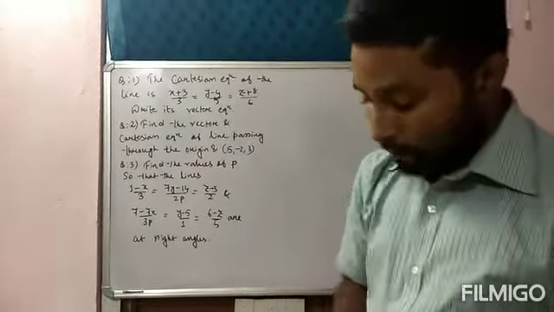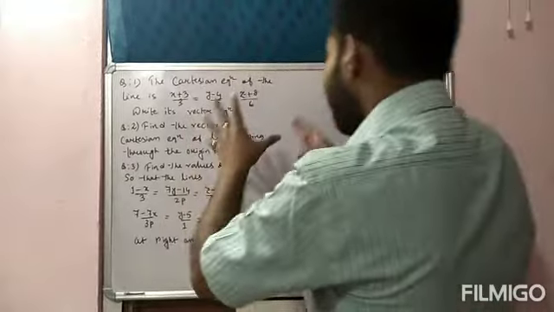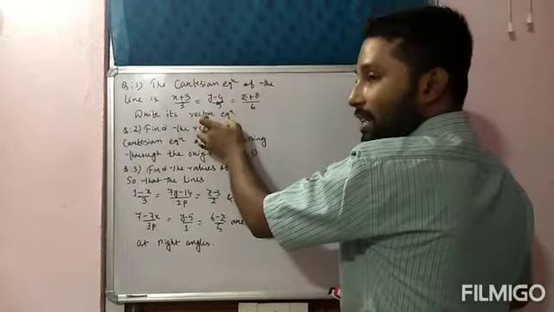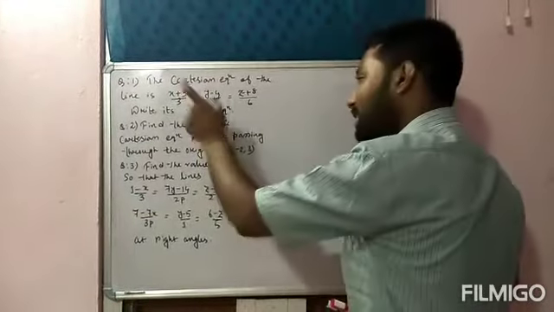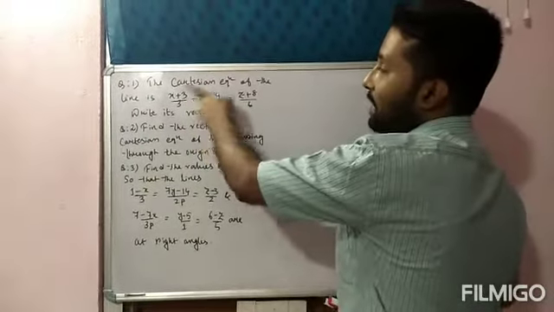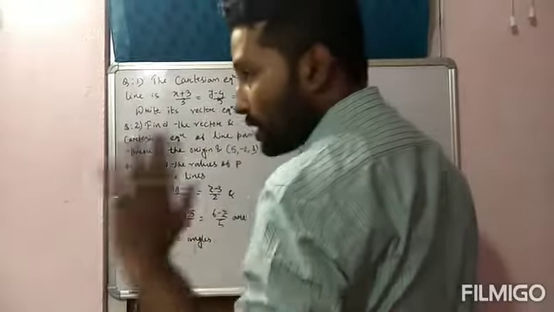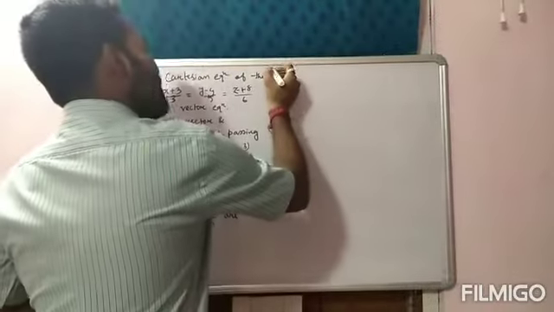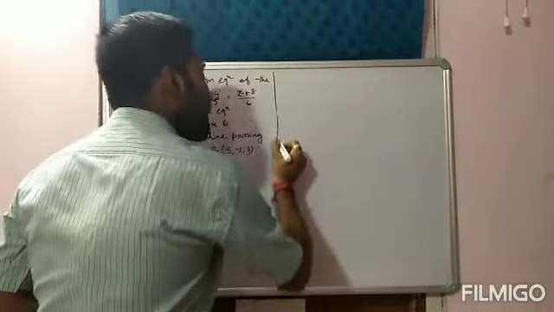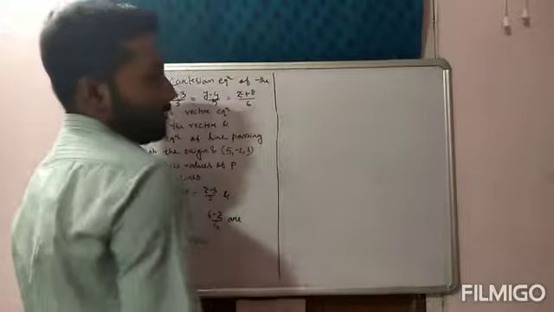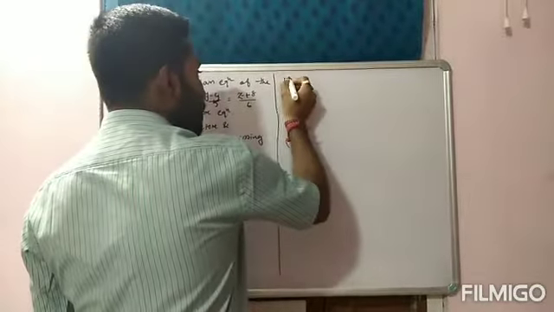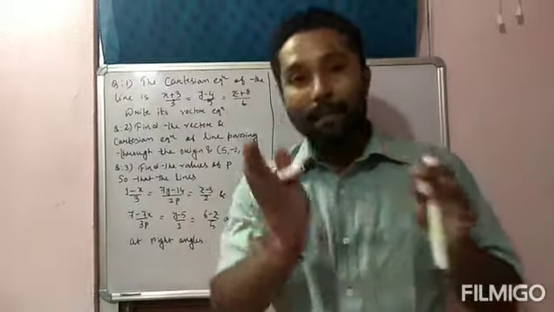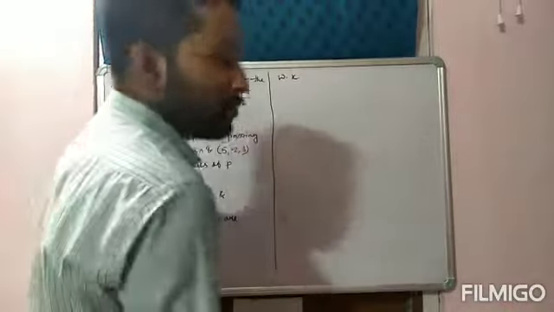Okay, now if a Cartesian equation will be given and you are asked to write the vector equation, or if the vector equation will be given and you are asked to write the Cartesian equation, first of all you should know what are the standard forms of Cartesian equation and vector equation. We know, see, this is not the solution of this question. मैं अभी पहले फॉर्मूला लिख रहा हूँ, उसके बाद मैं सॉल्यूशन में आऊंगा.